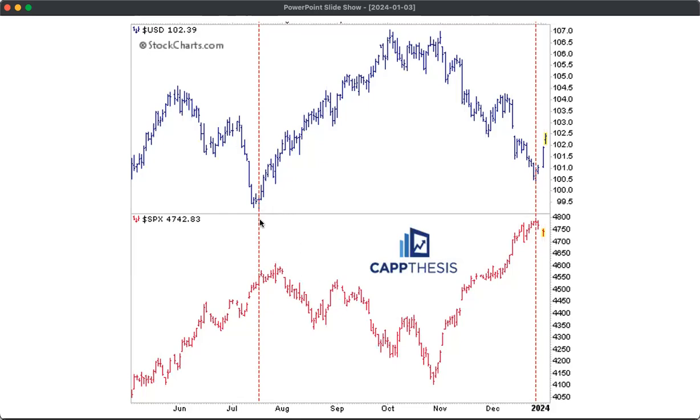Now, we did see the dollar put in a low about 2 weeks before the S&P put in a high. So it gives an indication here. It wasn't too much of a concern when that occurred, because we saw failed rally attempts in the dollar previously in 2023. And even though not many people were around to see it, in the week between Christmas and New Year's, the dollar put in another low and actually started to rally pretty substantially without the S&P doing much at all.